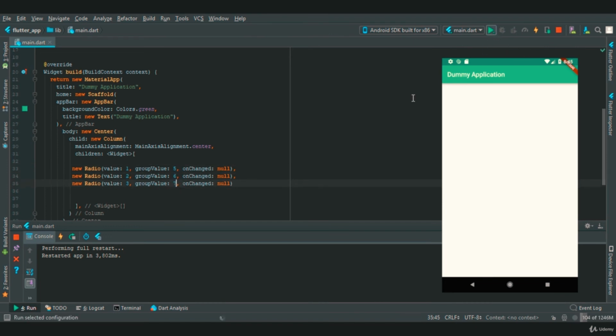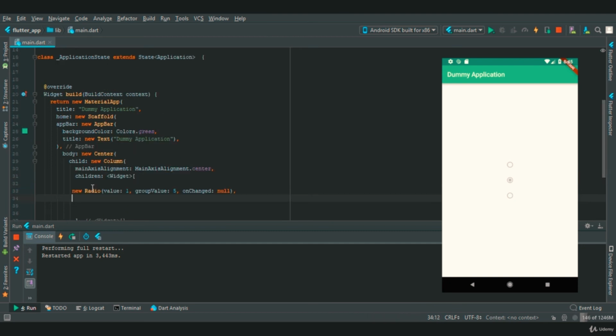So if we run the application, you will see none of the radio buttons is activated, because the value is not equal to group value. So if I change the group value of radio button 2 to 2, and if I restart, you will see the second radio button will be activated, but they are all disabled because onChanged is still not assigned.